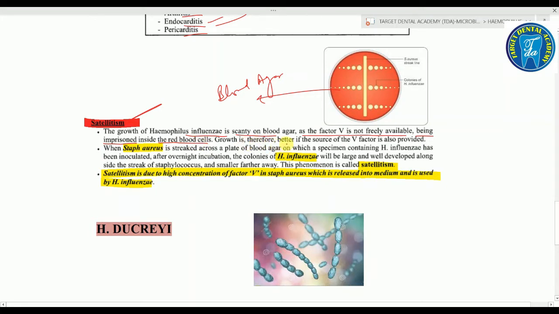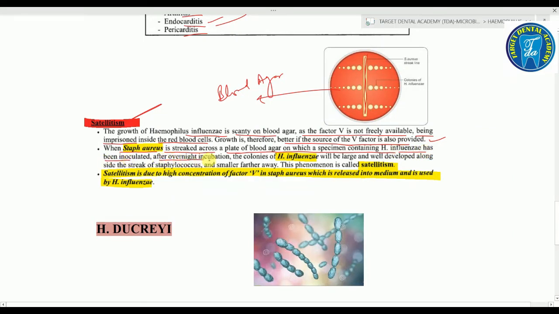So the growth is better if a source of factor V is also provided. So when Staphylococcus aureus is streaked across a plate of blood agar on which the specimen containing influenzae has been inoculated,